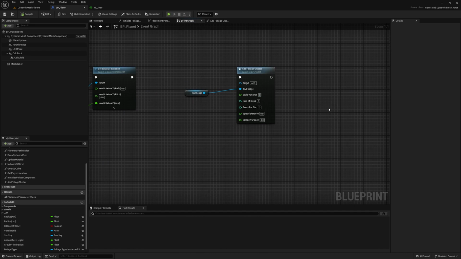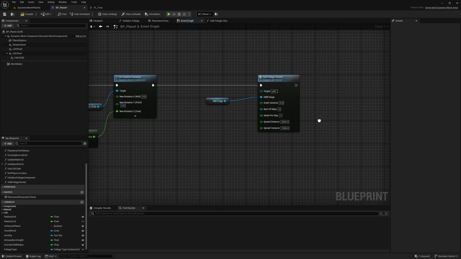So scale variance, I'll give it as 0.2, that would mean 1 to 1.2. Oh, I'll make it 0.5, and the number of steps, I'll make it 3, seeds per step let's keep 1. Spread distance maybe 2000. Spread variance 1000. Okay,